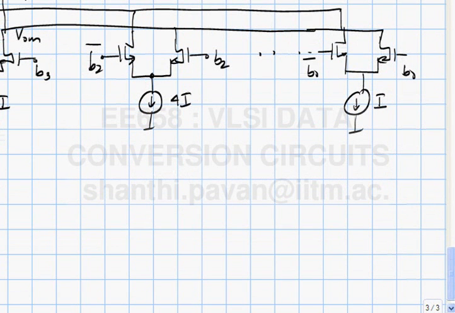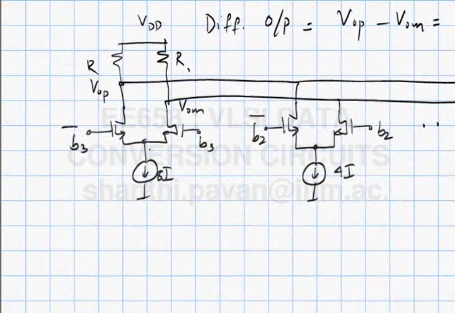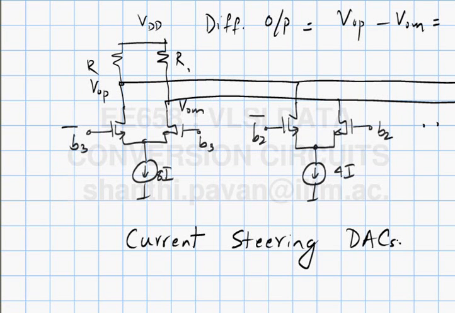So this is an example of a binary weighted DAC, and since it basically operates by steering current in one direction or the other, such DACs are called current steering DACs, and these DACs happen to be the most popular architecture used to realize D2A converters today,